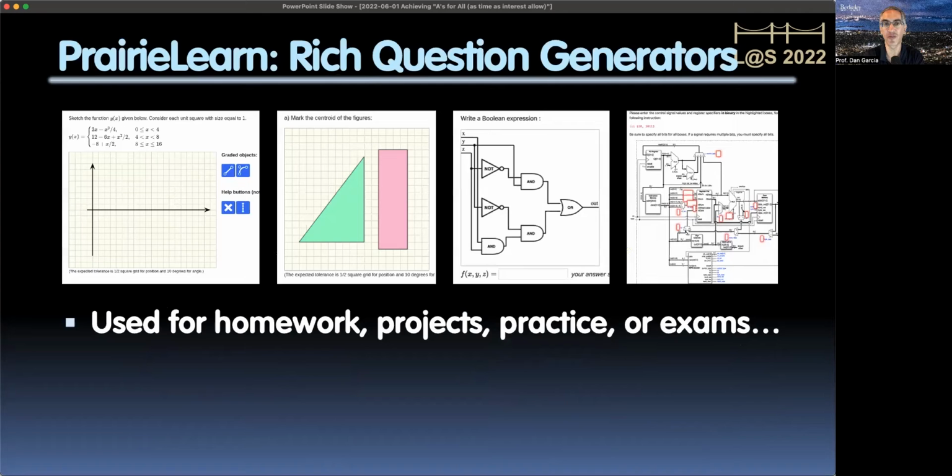Here's an example of 4 very rich question generators. We're not talking about multiple choice. Here is a graph, here's click a point, here is fill in some fields for a Boolean expression, here is look at a data path and come up with what signals need to be 1, 0, or don't care. This can be used for formative assessment like homeworks and projects, practice, or summative assessment like final exams or big